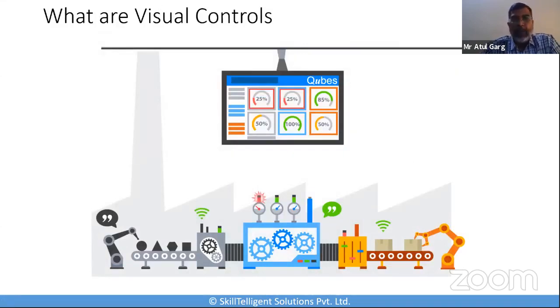So what are visual controls? This slide, I'm going to skip it, though it is a fantastic representation of a visual factory. And it does talk about the various sensors, add-ons, the data collection happening, automation happening, whatever is happening, the representation of that on a dashboard and so on and so forth. So it's a good depiction of a visual factory. But since right now we are not focusing on visual factory, we will move on. Visual factory probably is a topic which will be added into another webinar going forward. Okay.